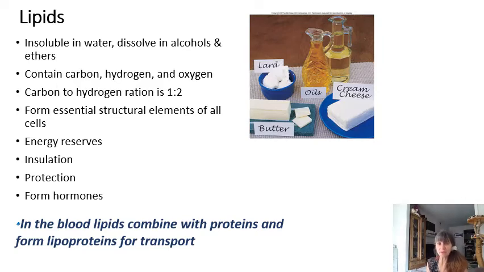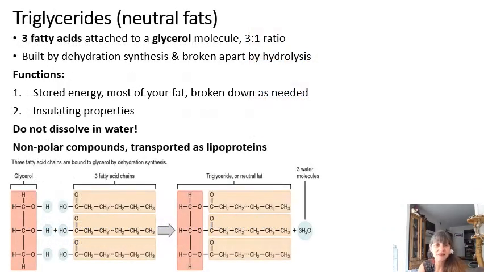In the blood, we know that lipids can combine with proteins to provide lipoproteins for transporting lipids through a watery medium. Triglycerides are neutral fats which are made up by joining 3 fatty acids to a molecule of glycerol, again by dehydration synthesis. We can see the glycerol molecule here to the left, and you'll notice that each carbon atom has 4 covalent bonds,